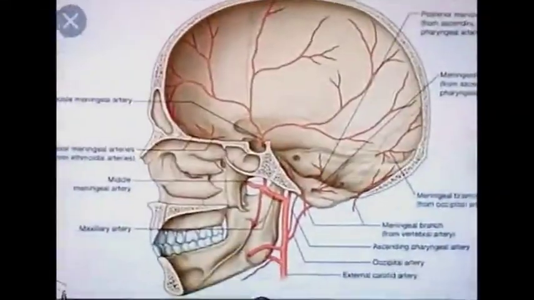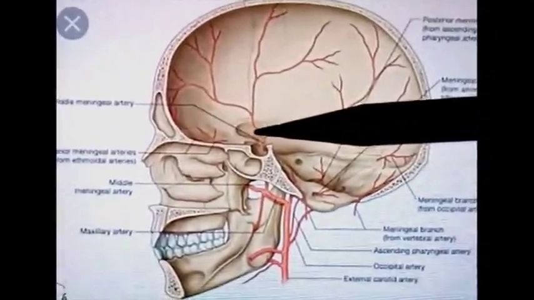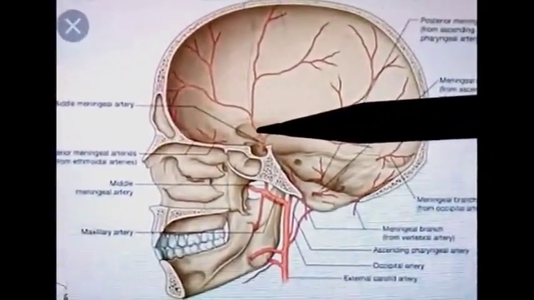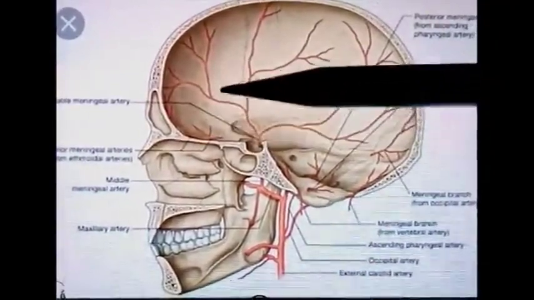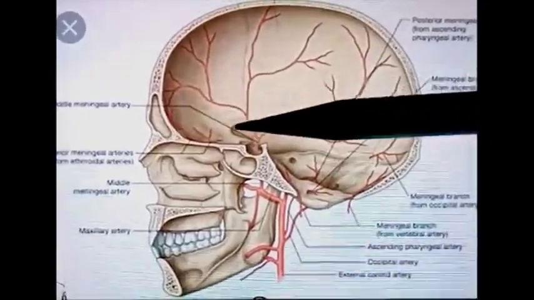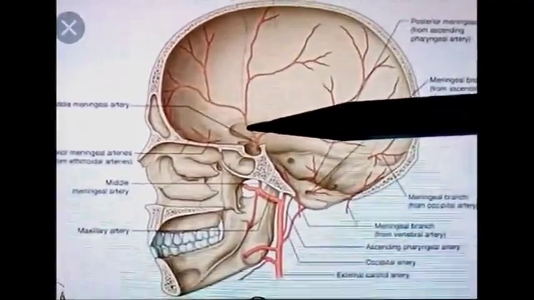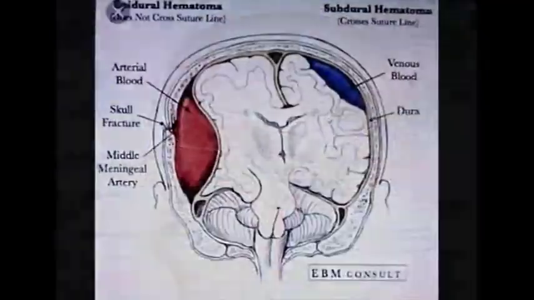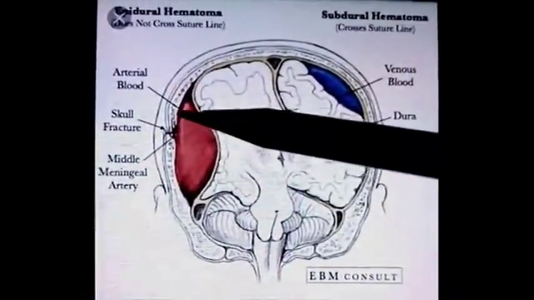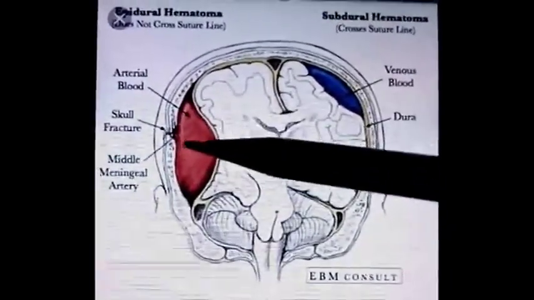Clinical anatomy related to the artery. The middle meningeal artery is of great surgical importance because it can be torn in head injuries. So if injury occurs in this area or nearby areas, this artery is prone to getting injured or torn. This results in extradural hemorrhage, or epidural hematoma formation.